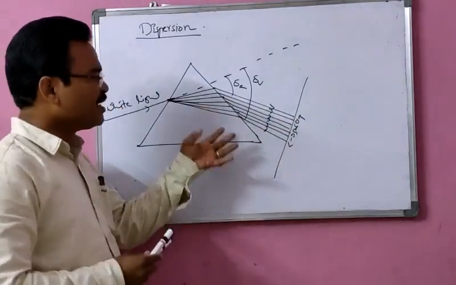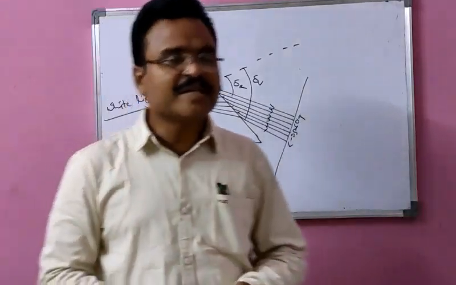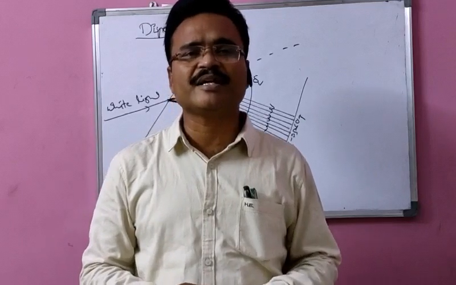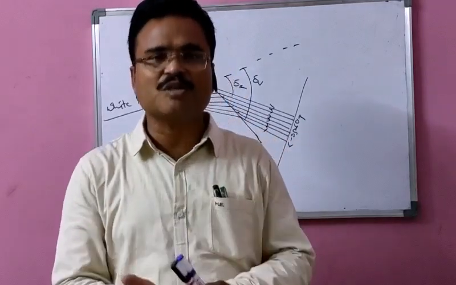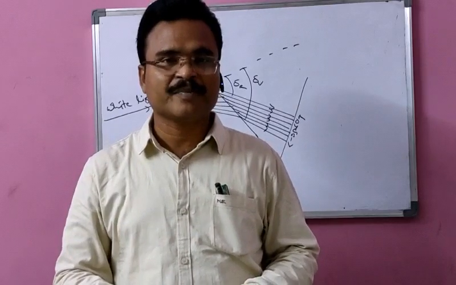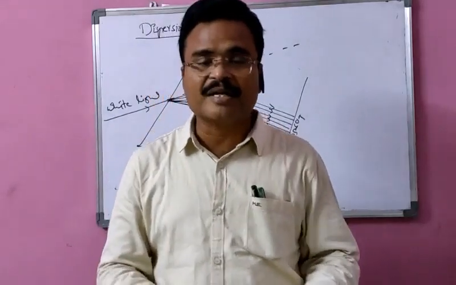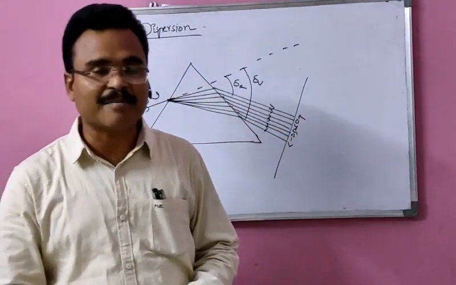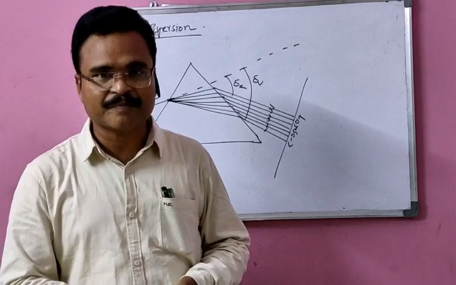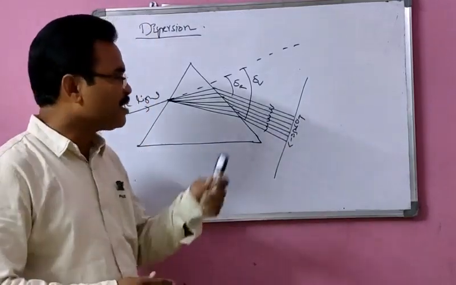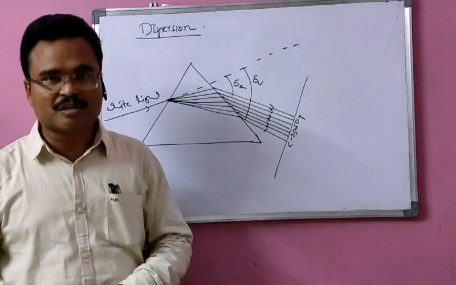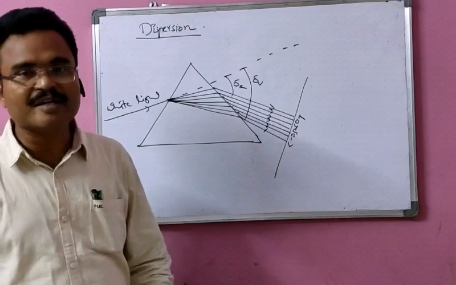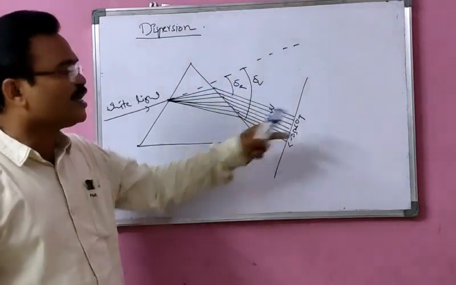Now the question is why the light rays are splitting here. The reason is white light is a combination of 7 colors. It consists of wavelengths from 4000 to 7000 angstroms. Because the lambda changes, accordingly the mu value also changes. Mu depends on lambda, we already saw in earlier classes. Because the mu value changes, the refraction also changes. So the bending is more for violet color and least for red color.